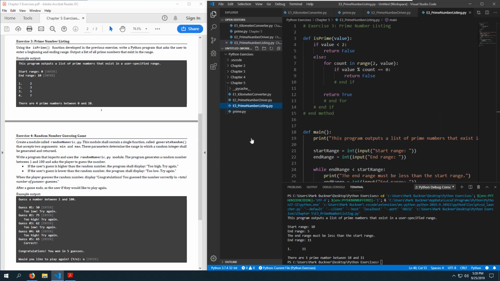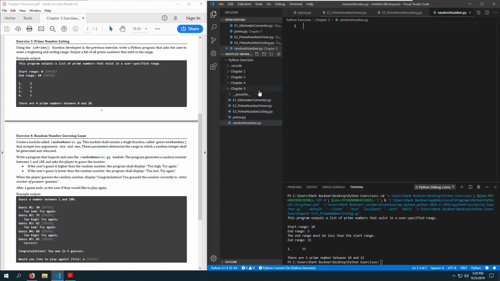Okay. Let's do what it says. Let's create a module called random number. So random number.py, and it will create a module called random number. This module shall contain a single function called generate random. All right,